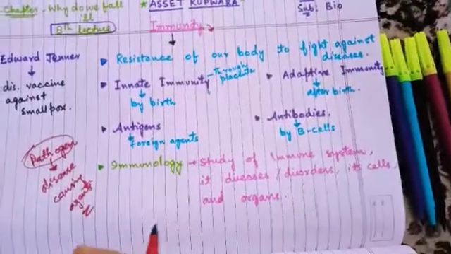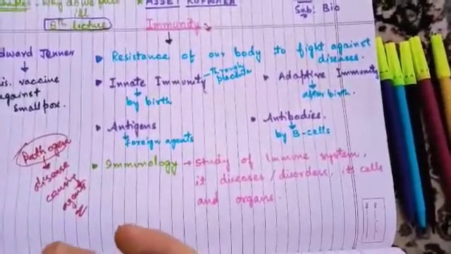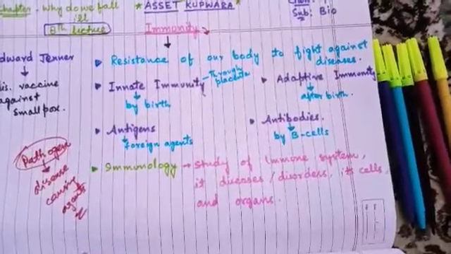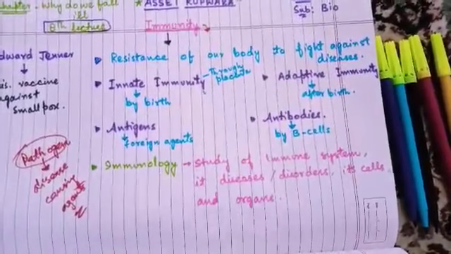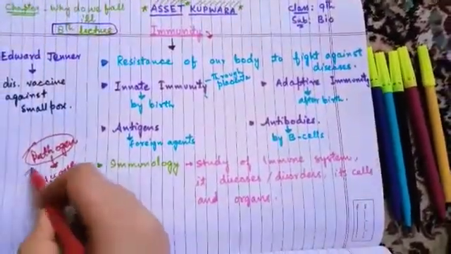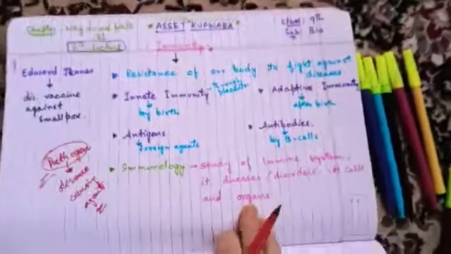How does it eradicate? There are different ways. It mounts a cellular response against it. There are various types of cells in our body which have only the duty to eradicate these pathogens